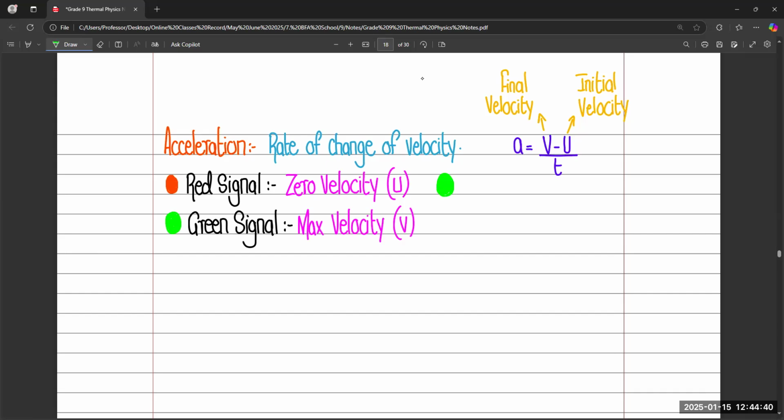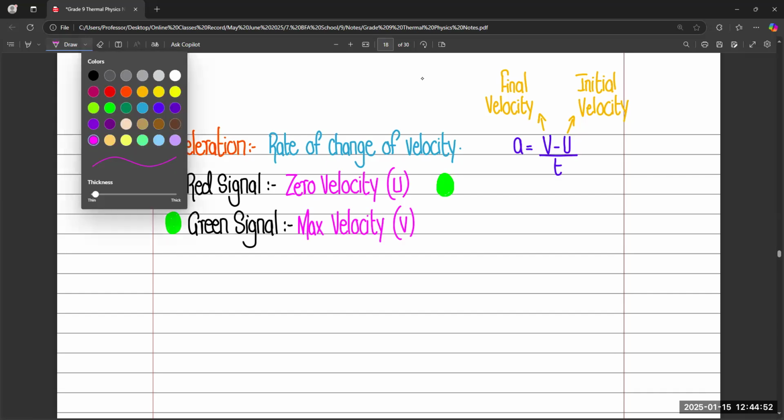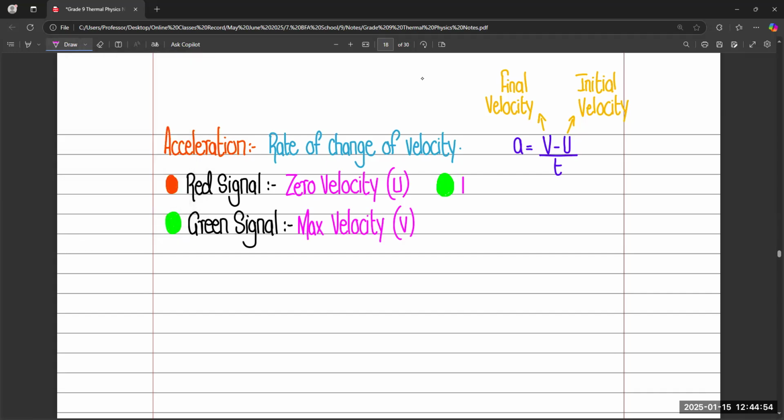So if we take the same example in the reverse form, initially the car is moving with a certain speed and the signal is green. So now we can say initial velocity is maximum. And when the signal turns into red,